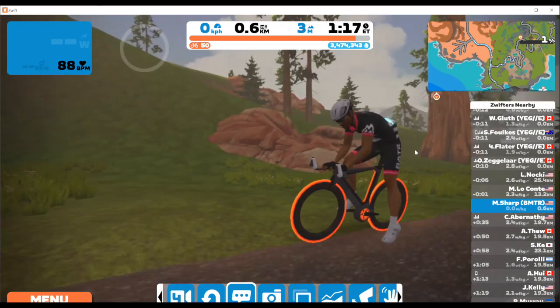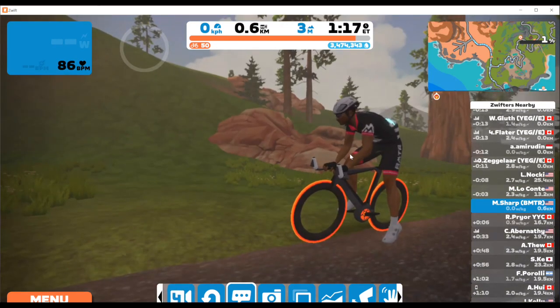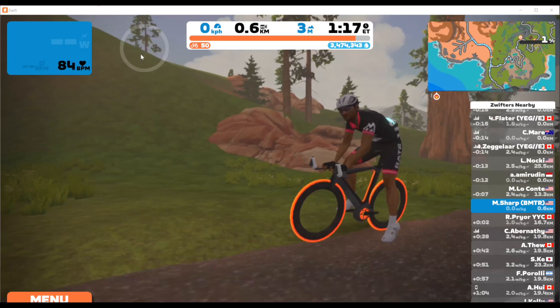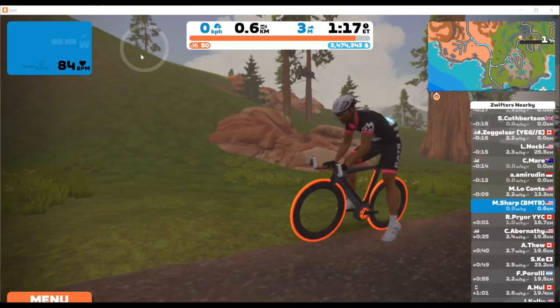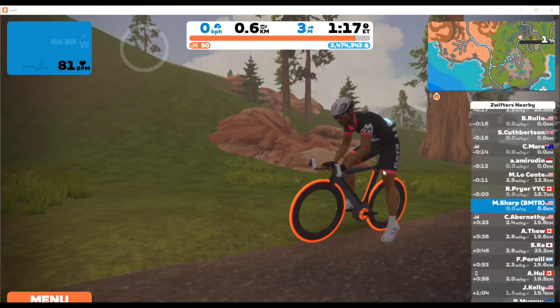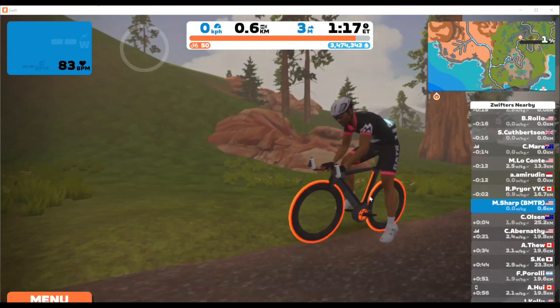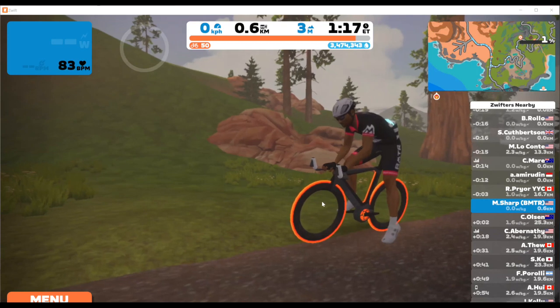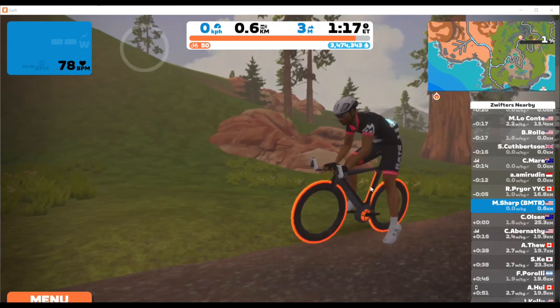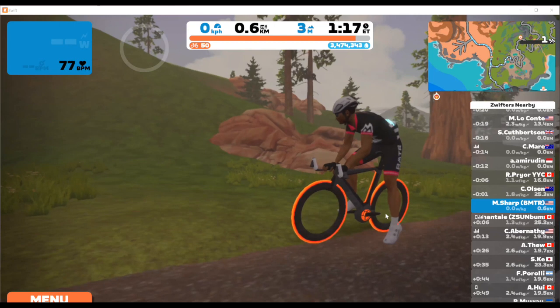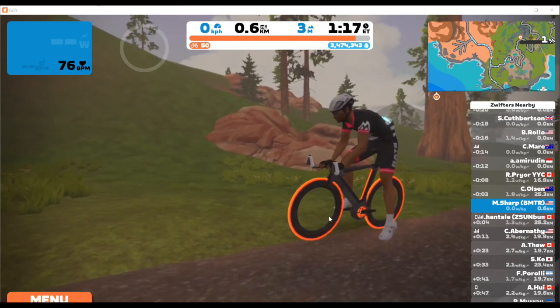Switch positions. All right. So right now you can see I'm sitting on a bike that I think most of us remember from Tron. They refer to this as the Tron bike. When you're in Zwift, you're gonna probably see this bike and you're gonna be like, "Ooh, that is a cool bike. How do I get that? Where do I get that?"